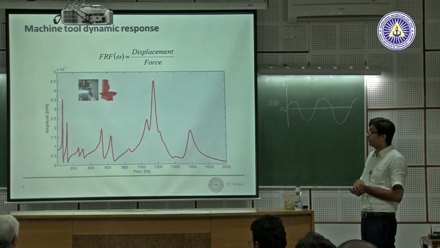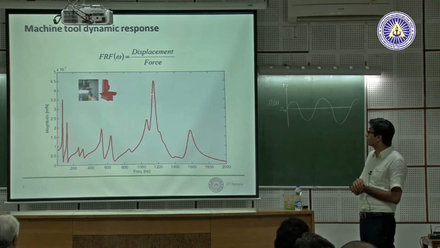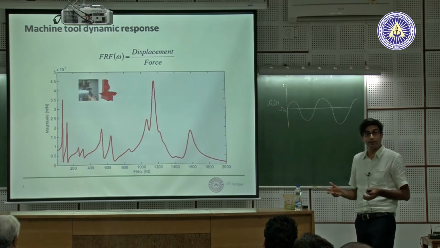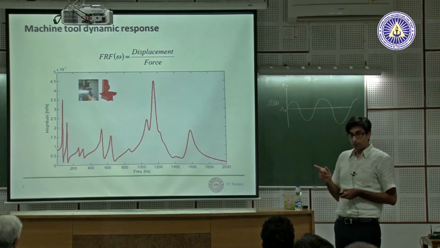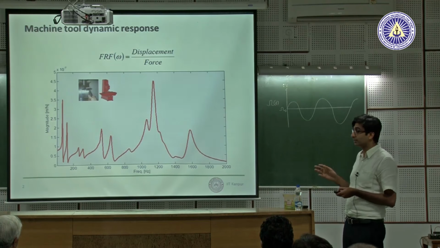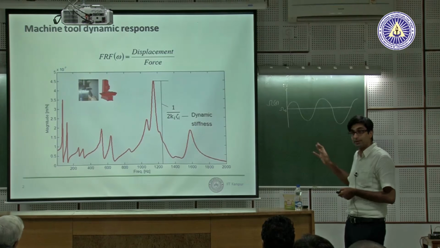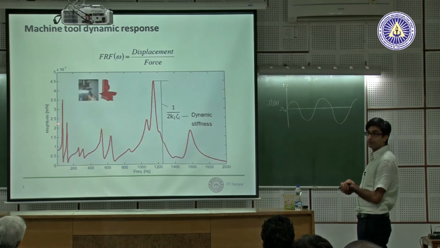Each peak here also has a corresponding shape of vibration, and the amplitude typically tells you how flexible the machine is at that frequency. Mr. Mohan Ram mentioned this idea of dynamic stiffness. We've been talking about it for several days. If you look at the units of this FRF, x upon f, it is meters per Newton. So stiffness will be the inverse of that. F equal to kx.